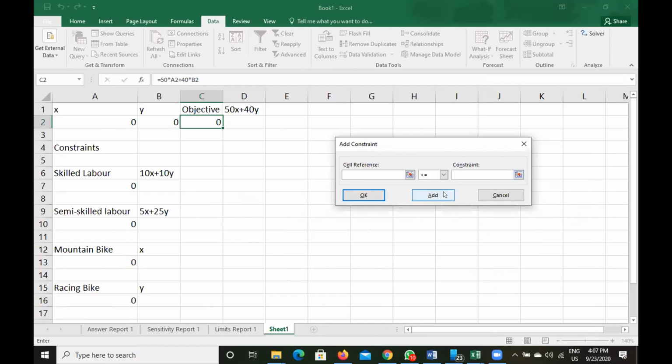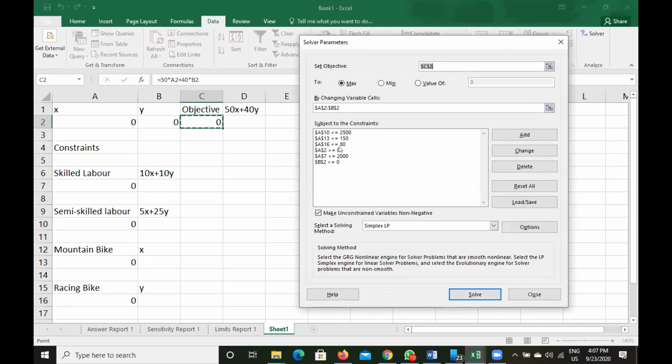Add. Now choose the value of y, greater than or equal to 0. We do not have any other constraint, so we will not select add. Just click OK. So all the constraints are there.